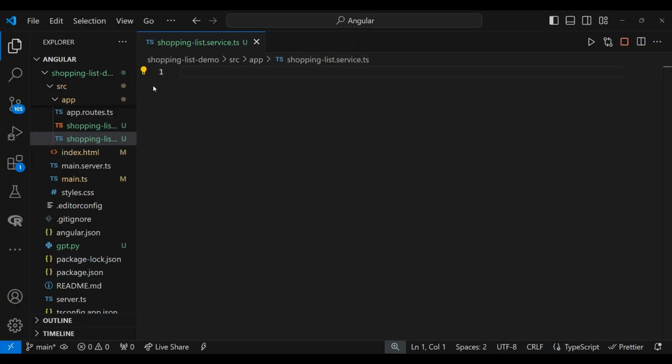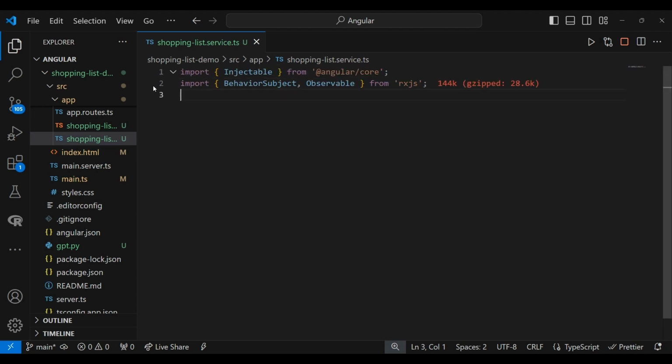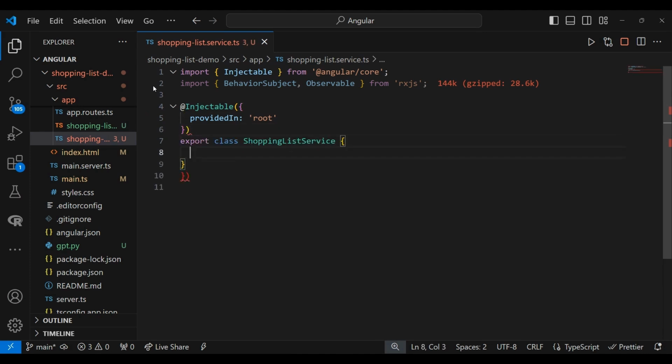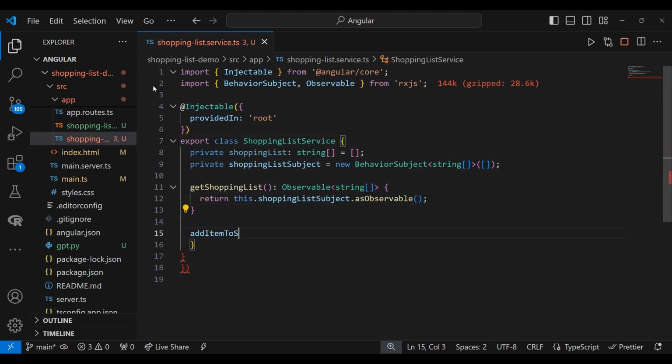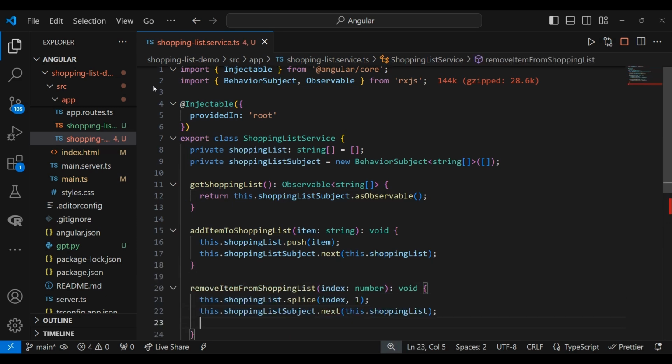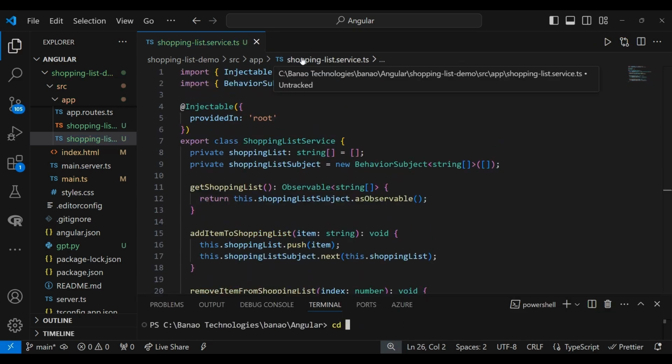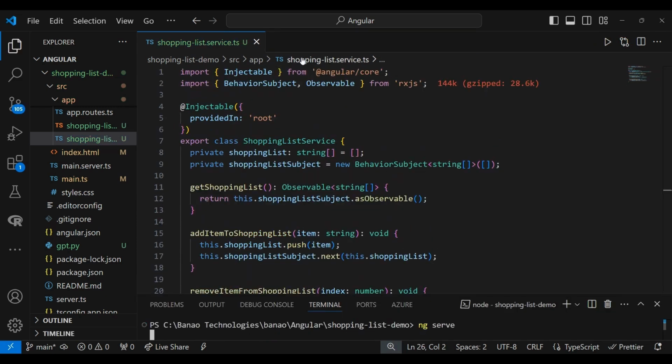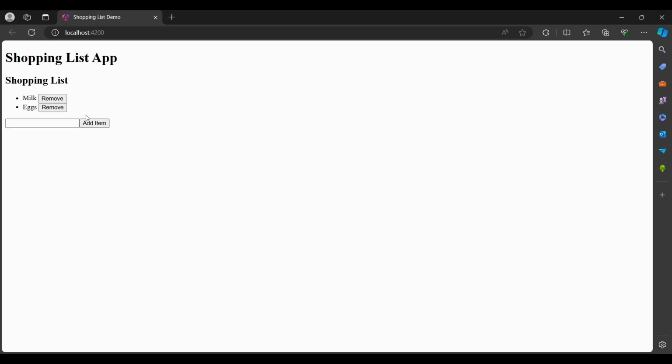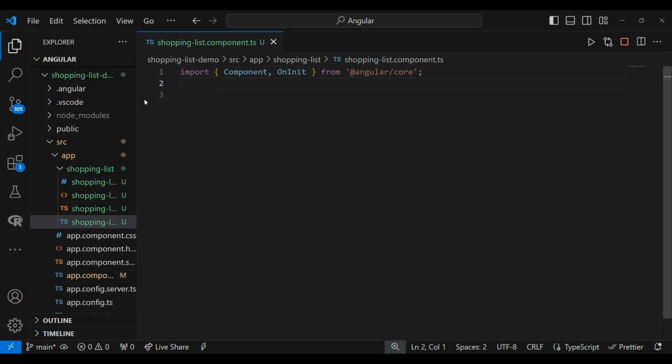The code snippet showcases the implementation of state management in Angular through a shopping list analogy. 1. The shopping list service, an Angular service, is created to manage the state of the shopping list. It includes methods to get the shopping list, add an item to the shopping list, and remove an item from the list. 2. The shopping list component,